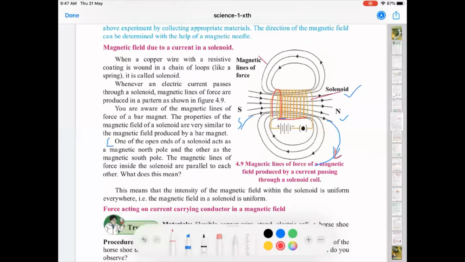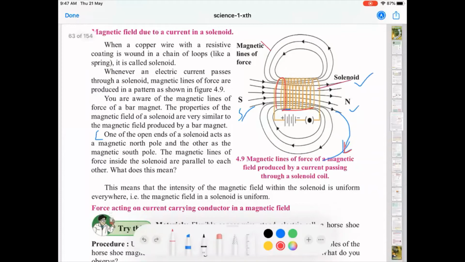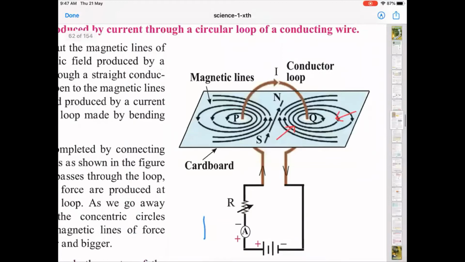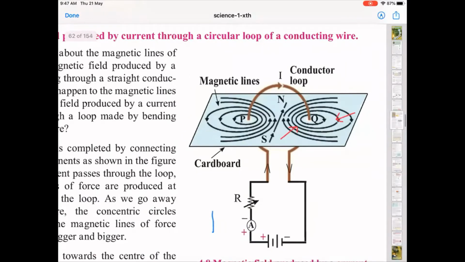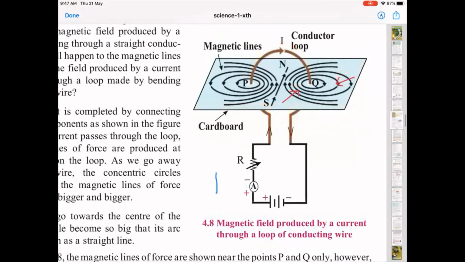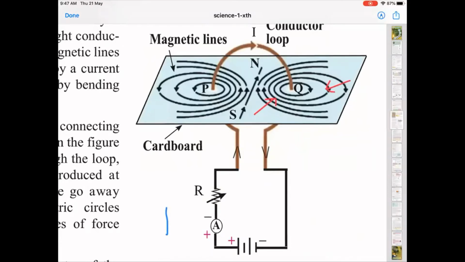So this was the topic of the solenoid. We finished two small topics here. One topic was what type of magnetic field is produced in a circular loop of wire, and that was the base to understand how the magnetic field is produced in a solenoid. In the first diagram you had only one loop, and we analyzed it. Along with that, I told you how in the board exam they had manipulated this question and presented it, mixing in something from 9th standard, which is similar to general knowledge.